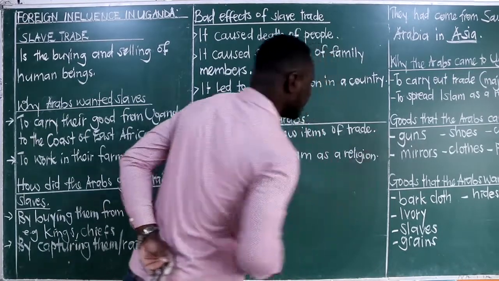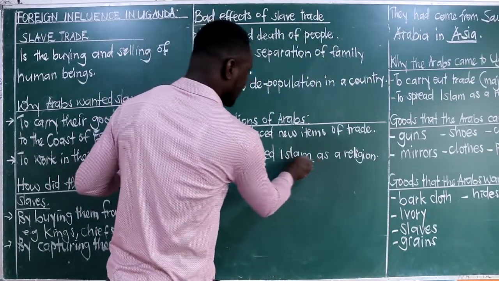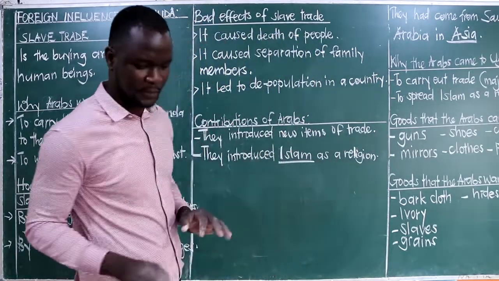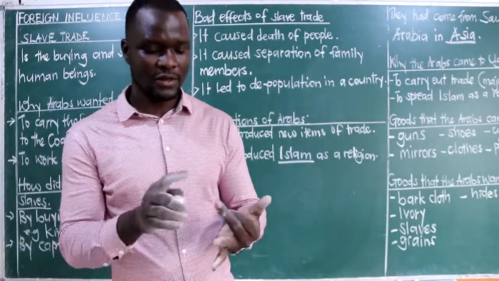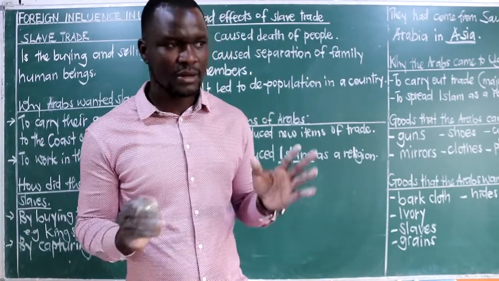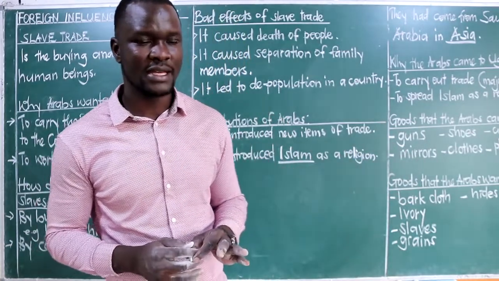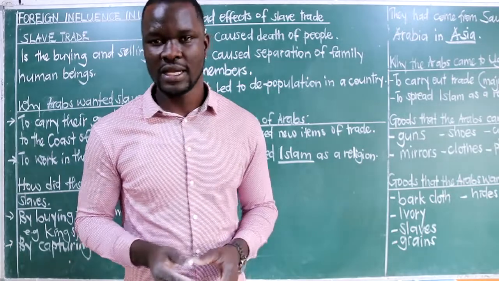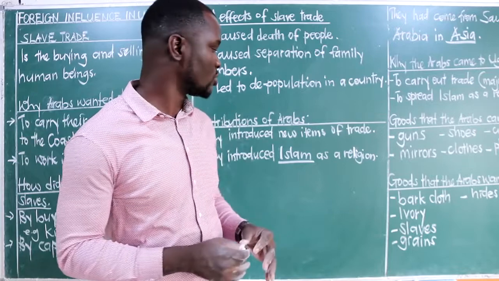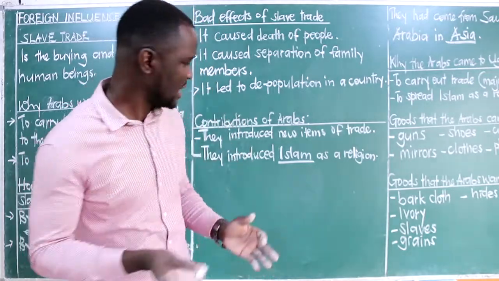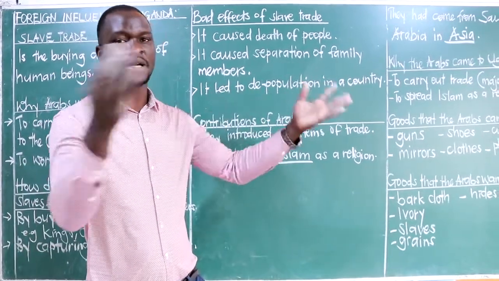But here there is something again we need to share. You will find that Islam was the first religion to be introduced into Uganda. But when we look at Islam and Christianity today in Uganda, if we compare the Christians and the Muslims, you will find that the Christians are more than the Muslims. And yet, Islam came first. You would now expect Muslims to be very many. So we have the reasons. Mainly, we have got two reasons why Islam did not maybe spread very fast.